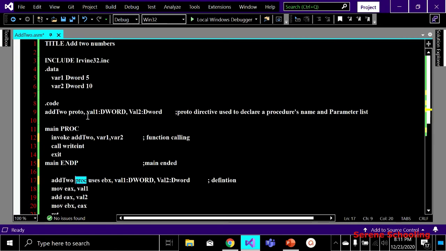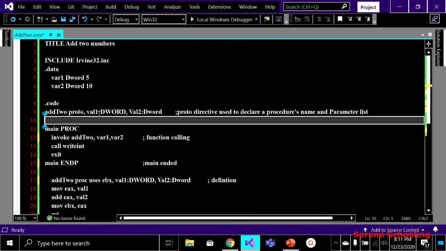Then we use a comma over here. This is just the syntax, you have to remember it as it is. Then this is a variable, val1. This is another variable which I am going to use inside this procedure, not main, okay? This cannot be used in main. Its type is DWORD.